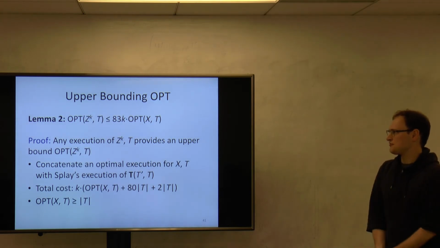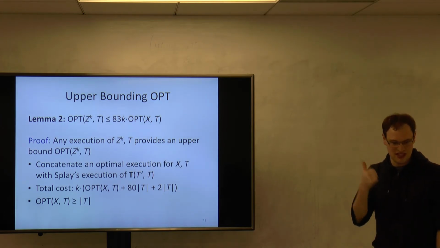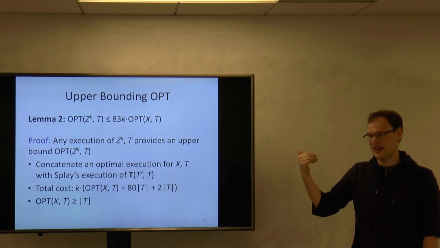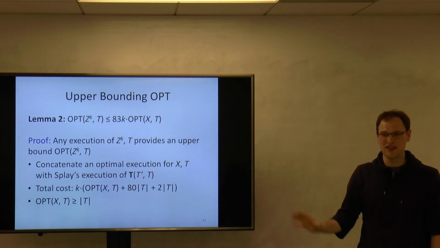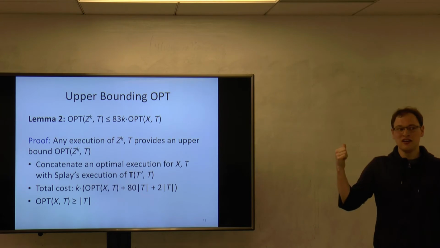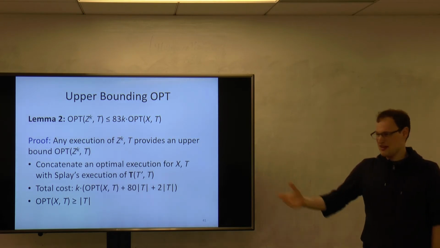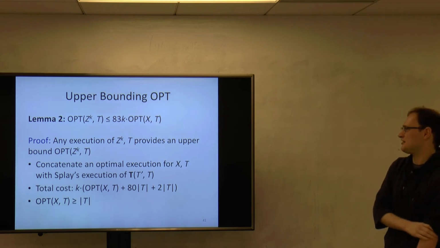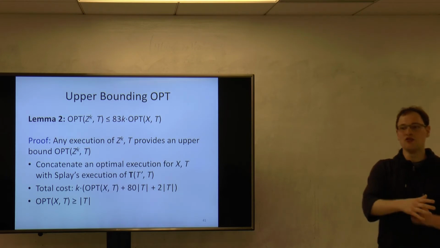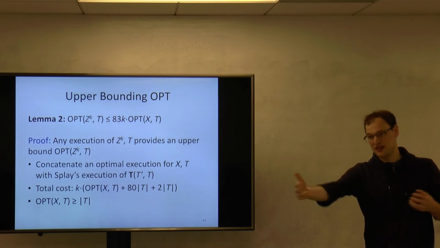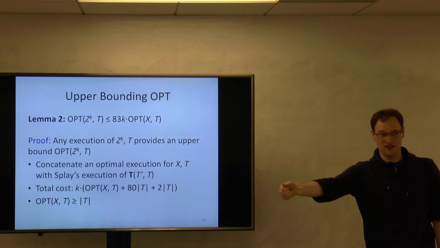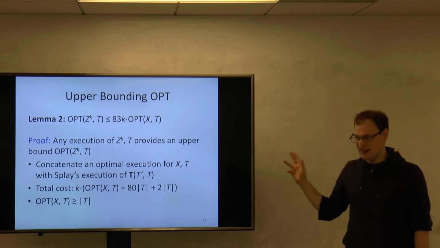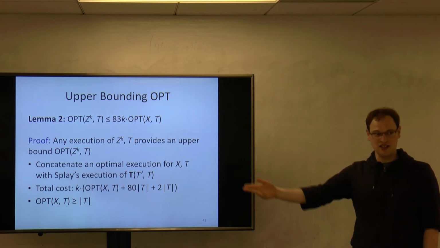and the optimal cost for z for k repetitions of z is less than 83k times the optimal cost for x. Now, why does this arise? So I upper bound optimum by exhibiting some execution. What I do is concatenate the execution of the optimum for x with Splay's transition, I just take the Splay paths to execute the transformation sequence. And that's not the best execution, but it's an execution, and its cost is